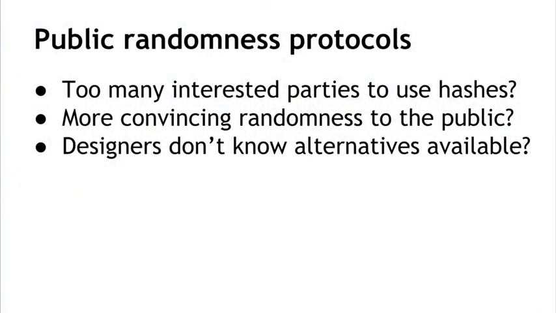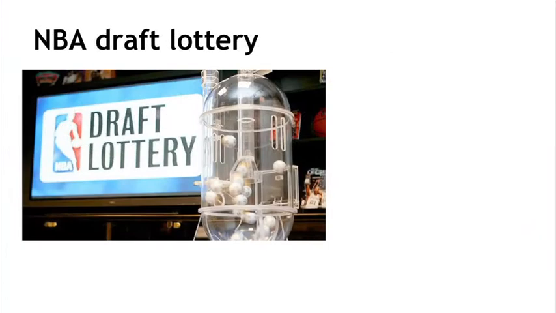I'll go through a couple of examples to show how this is done in practice, because this is already used for a large number of applications. So one example that happens every spring is the NBA draft lottery. All 30 teams in the NBA get together and they randomly choose, with some weighting based on how the teams did in the previous season,